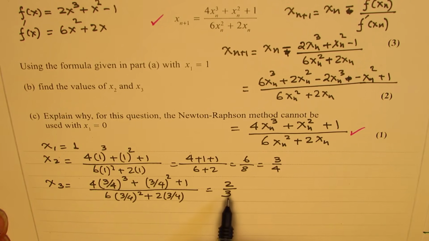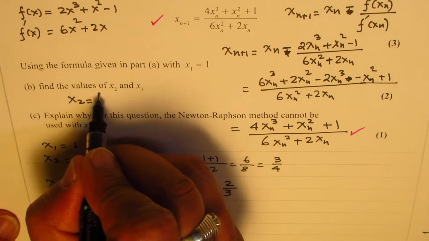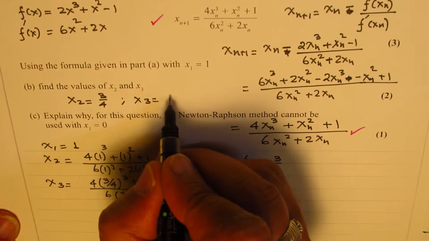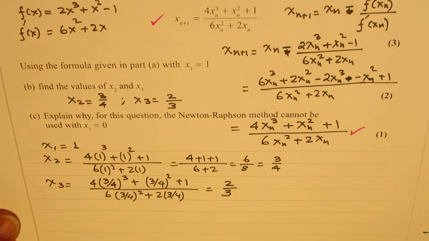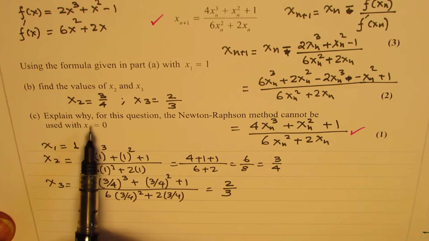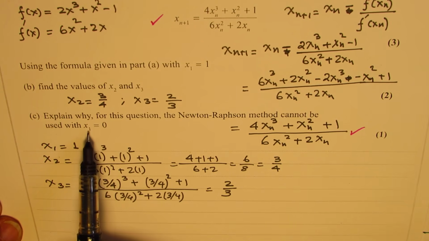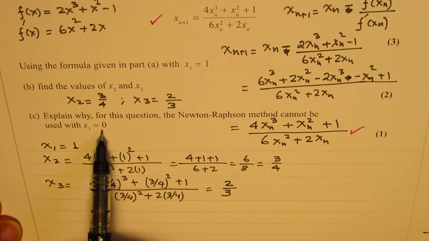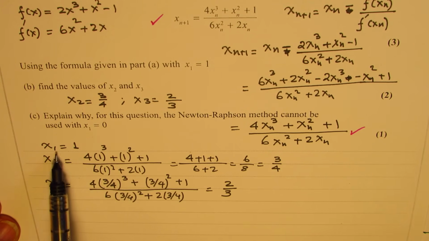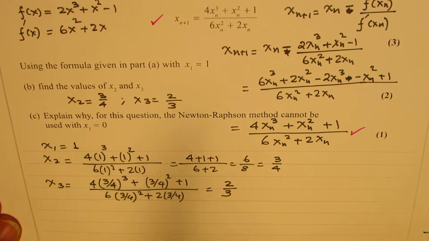So we got both the answers. We have x2 as equal to 3 over 4 and x3 as 2 over 3, right? They match with our previous answers, correct? Part C is explain why for this equation the Newton-Raphson method cannot be used for x1 equals to 0, right? It's a very good question. We start with the initial value of x1 equals to 1. We cannot start with 0. You know why? Simply because,